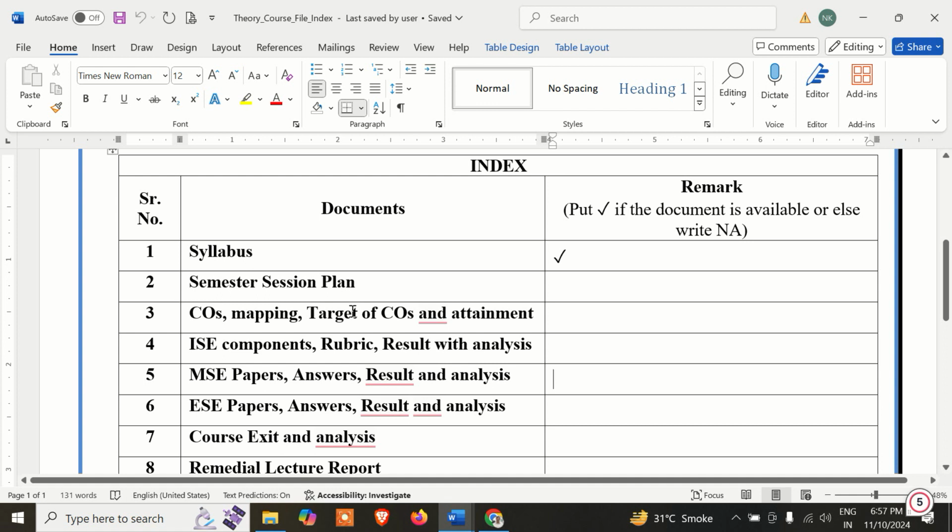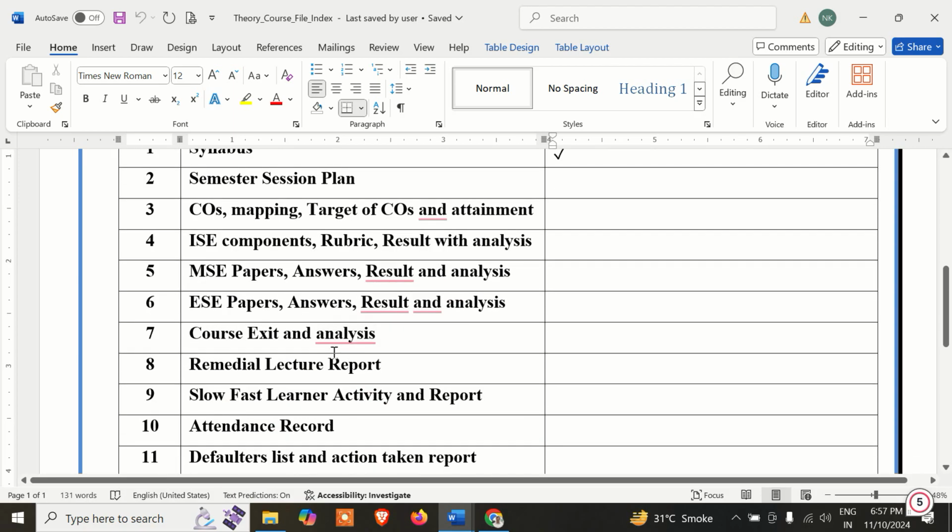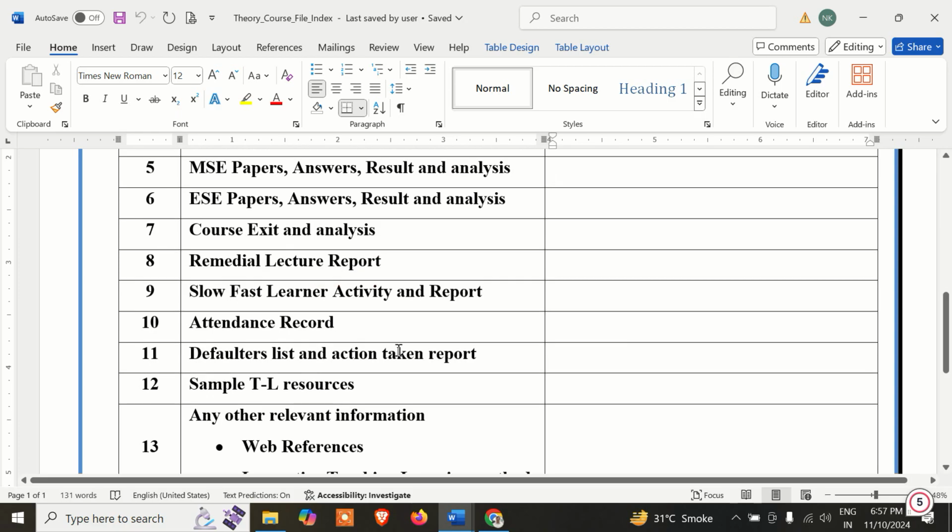target level, attainment level. What are the ISE components and end semester exam components that you are using? The rubric, the results, analysis, mid-semester question papers, questions, answers, results, analysis, end semester questions, answers, results, analysis, course exit, because these are the indirect way of assessment, a remedial lecture, if any taken during the semester, any over and above activities for slow learners and